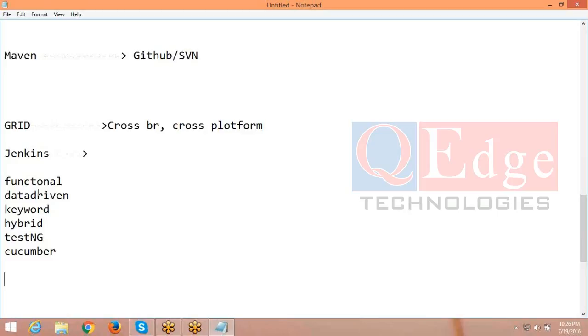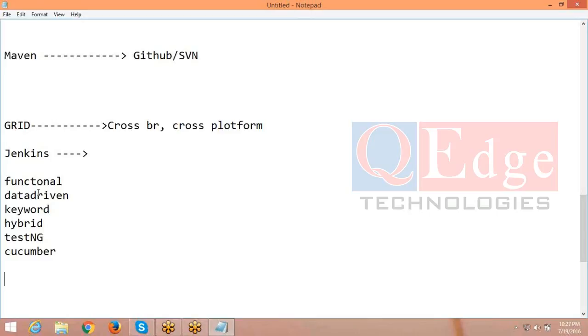Element operations means how to interact with the text box, the checkboxes, the radio buttons, mouse overs, keyboard operations, as well as drop down lists, and like this, drag and drops. Then we are going to see how to automate the window components through Selenium, as much as we require. Like this, we are going to see each and every element operation first,